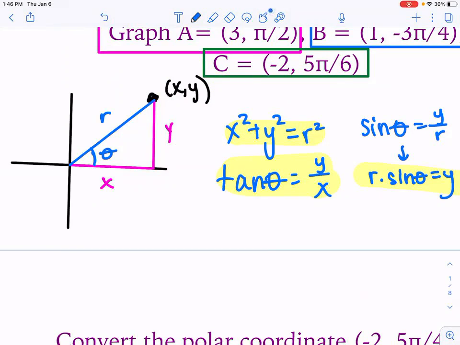Okay, what's the other one? We have sine and cosine. Cosine. The cosine of theta equals x over r, which means r times cosine theta equals x. So I'm going to ask you to do some conversions. And anytime we do conversions, these are what we're going to use. For example,